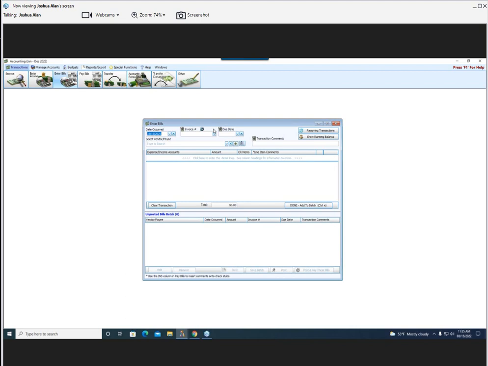It certainly is helpful for record-keeping purposes if you've got that, to associate that information with them, but there's no requirement to do so. Okay, so at the bottom of our first page there, it is important. It says, please note the light switches beside invoice number, due date, and transaction comments will turn off access to